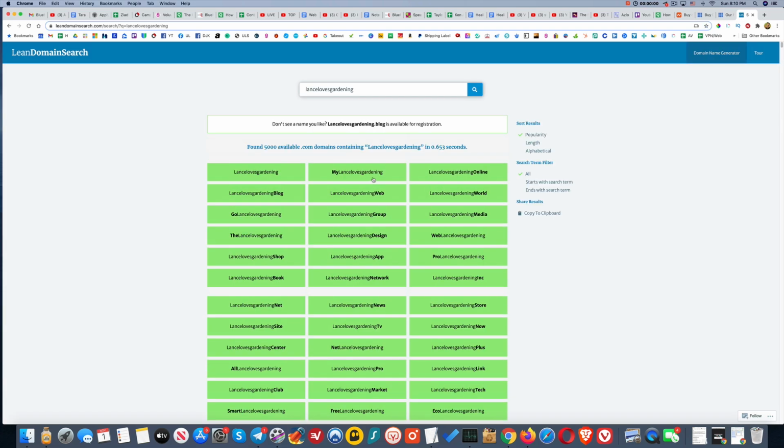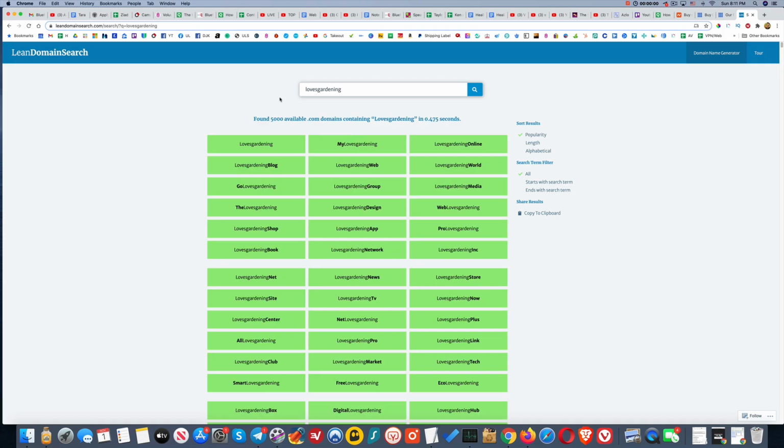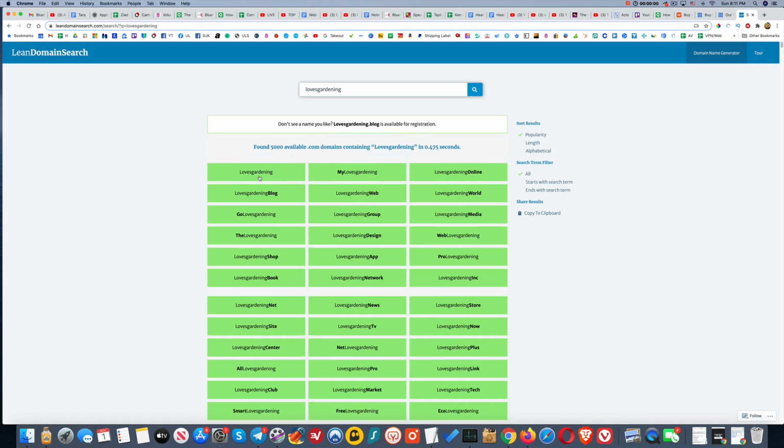And what it will do is it will let you know if that domain name is available. And if it is, you'll see that there's no word on the beginning or end of it. So it looks like this one should be available. Now, I will show you how to double check to make sure. But let's try a more difficult one. Let's say loves gardening. So that one, wow, looks like that one actually might be available as well. Okay, so let's try